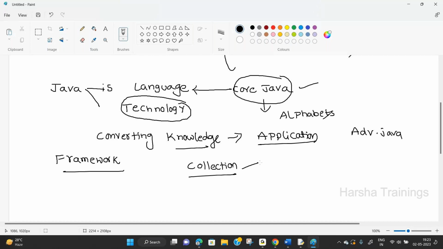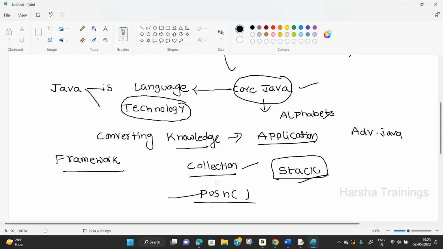Collection is one framework. Under collection we have one program, stack. Under collection, assume you have class Stack. So Stack is used to perform different operations: insertion, deletion, searching, etc. You need to write some logic, but the stack is already developed. By using simply push, automatically the operation is performed, you no need to write the logic. Now you understand, a framework is readily available and it is constructed. Simply you have to use it.